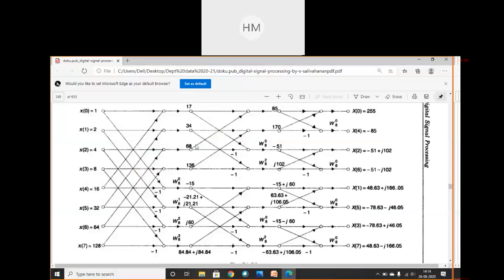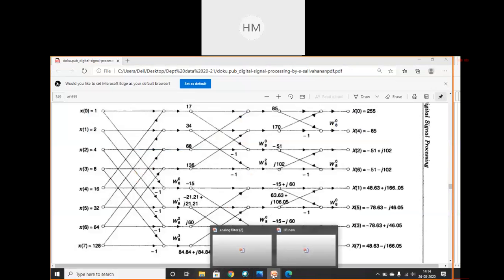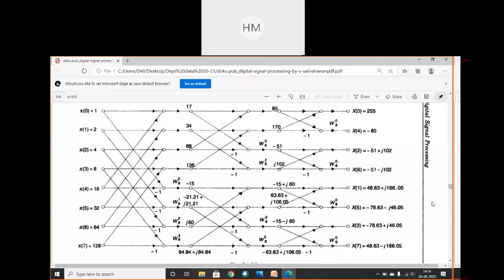So we were discussing one numerical. Just tell me the answers, students. What are your answers to that numerical? The numerical was, all of you are having that numerical. So what are your values? X of k. All are having that numerical now. So have you simplified by your own?